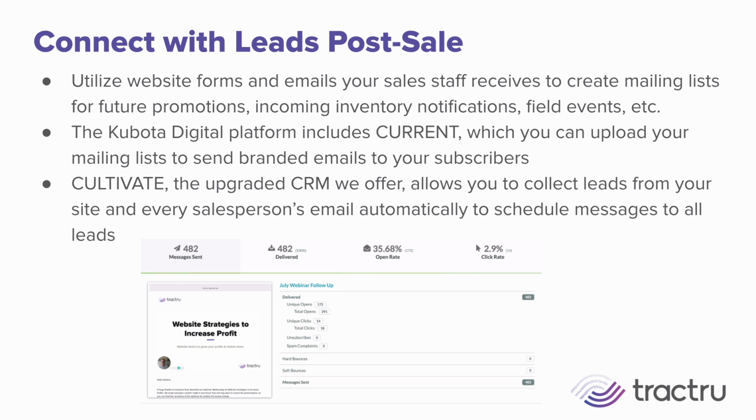If you have a TracTru website, you actually have a free email marketing service built in. It's called Current, and you can upload your mailing list there, and then you can send simple branded emails to your subscribers. So if you want to send a mailing for an open house, or like I said, a coupon, something like that, you can do that, and it's free. I know that MailChimp and Constant Contact, places like that, usually charge per email, but it's included with the Kubota sites from TracTru. There's also a CRM that we offer called Cultivate, and again, it allows you to collect